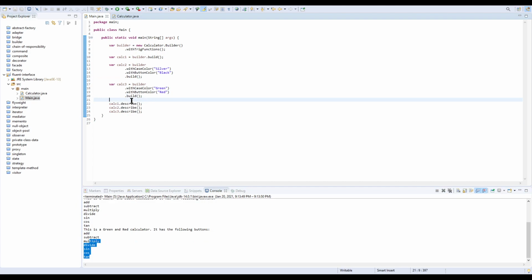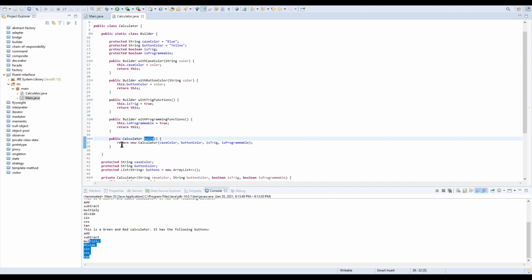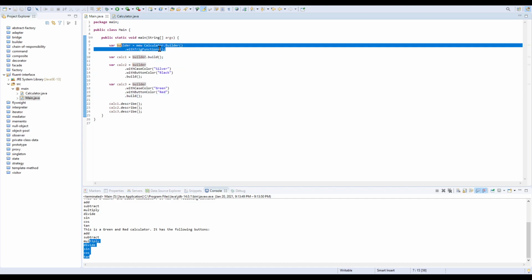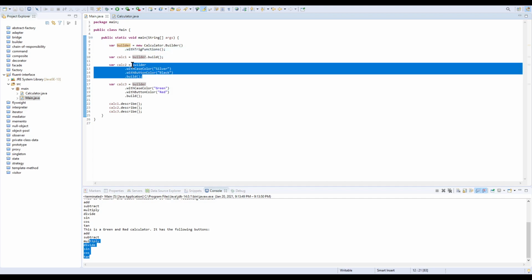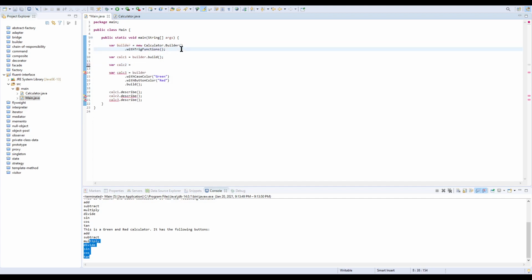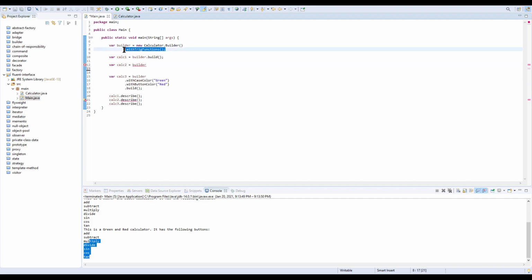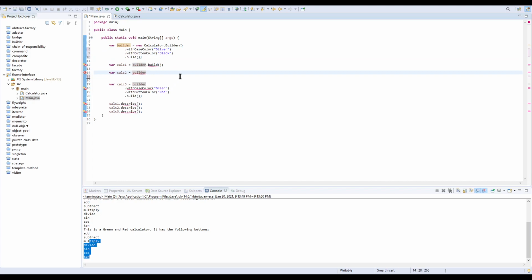And if we look at all of these, they're all going to be different. Since we called build multiple times, you actually get multiple calculators. But another thing you can do with this that's really cool is use it like a copy constructor. Well, not as a copy constructor, but you can use it to create copies of an object. So if I wanted to create, say, multiple silver and black calculators,